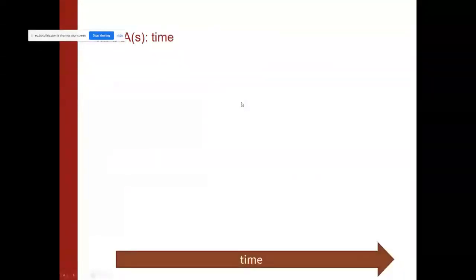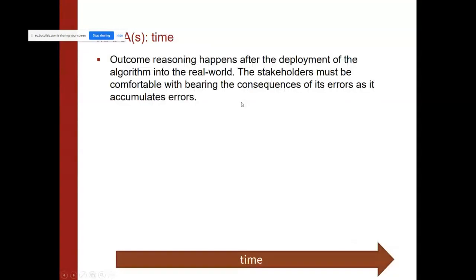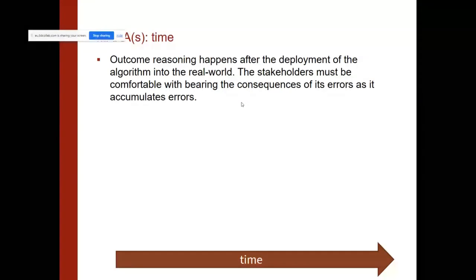Okay. So again, to reiterate, outcome reasoning happens after deployment of the algorithm in the real world. Just like in the CTF, you don't decide that an algorithm is good before you've run it. You look and see how it does. Once it's made its prediction, you say, oh yeah, this algorithm actually improved my prediction error quite a bit. Same thing when you deploy. You can't really reason about how an algorithm is going to do prior to deployment. You have to deploy and then say, look, we're getting really good results.